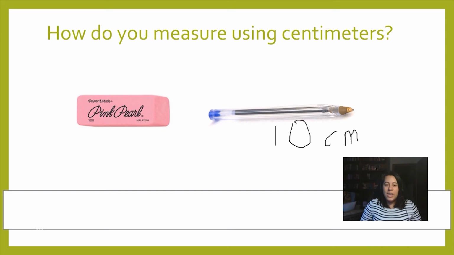So when I look at the picture, I think that the pen looks longer than the eraser. So I don't think the eraser will be 10 centimeters. I think it's going to be a little less. Maybe around 5 or 6, I'm not sure because it's an estimate. But I'm using what I know to make a really good strategic decision. So I know that if it measures over 10 centimeters, I'm probably not right.